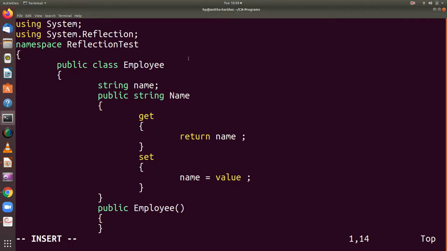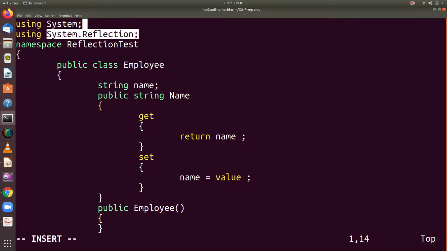So obviously if you want to make use of a class in your program, what do you do generally? You have to include the appropriate namespace. So here, since the reflection object is used in my program, I am going to have the reflection namespace included in my program.